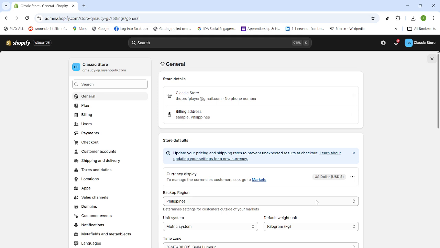That's it. You've navigated to Settings, opened your store details, changed the store currency to US Dollar,